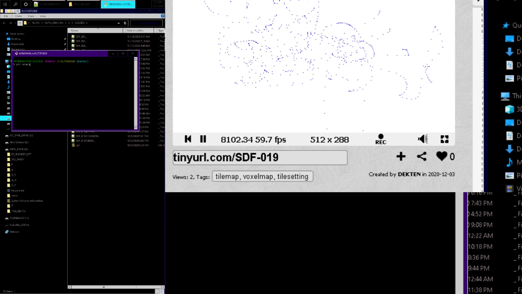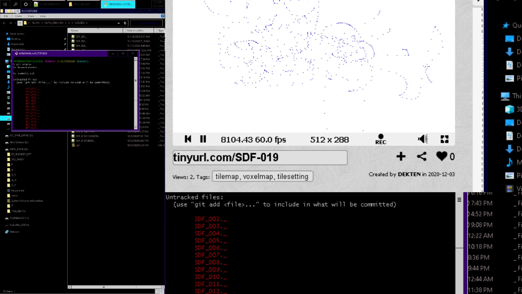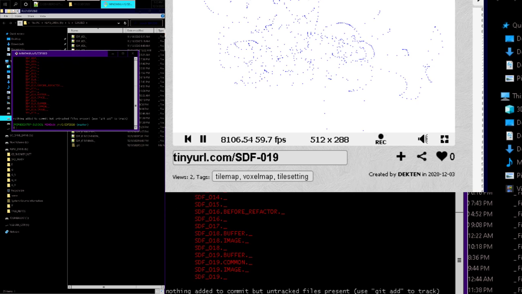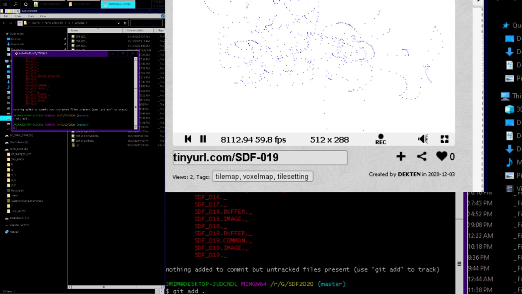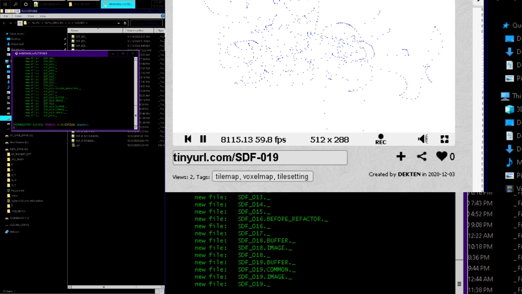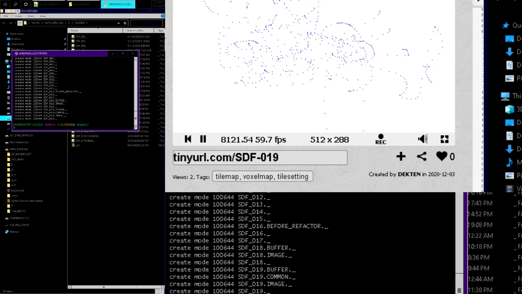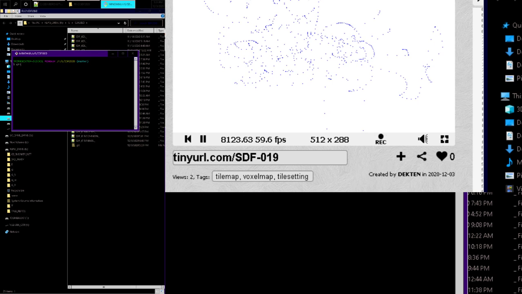Hold on, git status. Oh wait, git add dot. What am I doing? Git status. Okay, now git commit -am first commit, right? Okay. Status. Okay, so now we're gonna go to